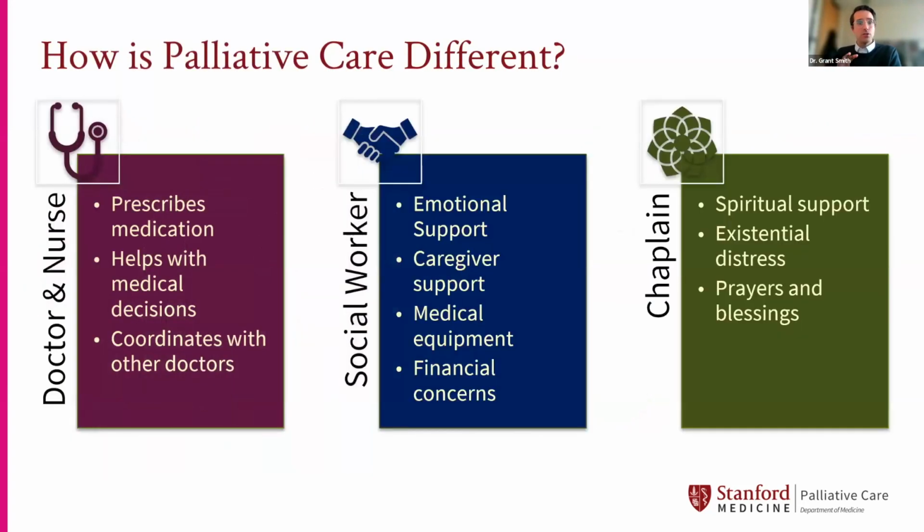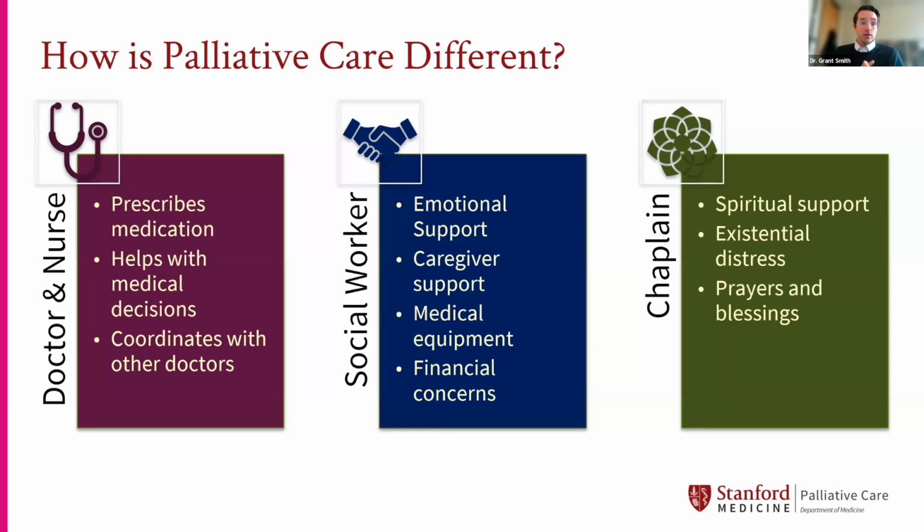Palliative care is a little bit different too, in that we work as a team to make sure we're trying to address all those different aspects of someone's life that could be affected. So the doctors and nurses might help prescribe medication to help manage some of those physical symptoms. We do a lot of what Alan was referring to about thinking about future medical decisions, weighing the burdens versus the benefits of any intervention, a hospitalization, blood sugar monitoring, diabetes management, diet. All those things come with a burden and a benefit, and we try to help weigh how to think about what plan makes sense to honor the person that we're caring for.